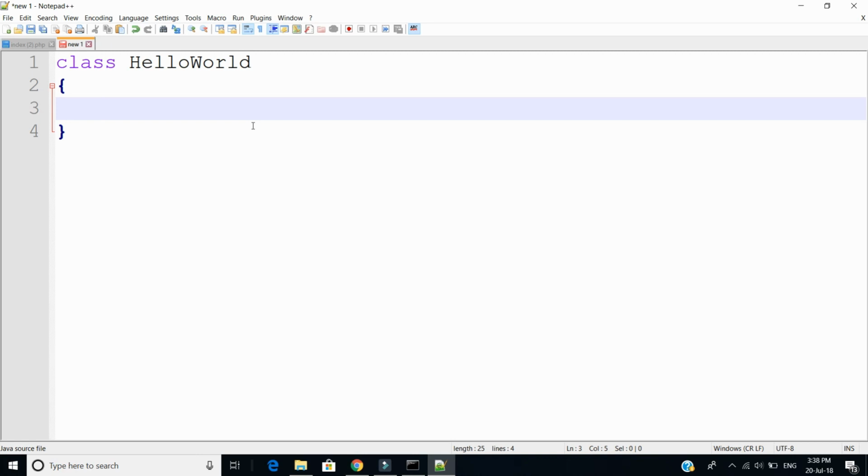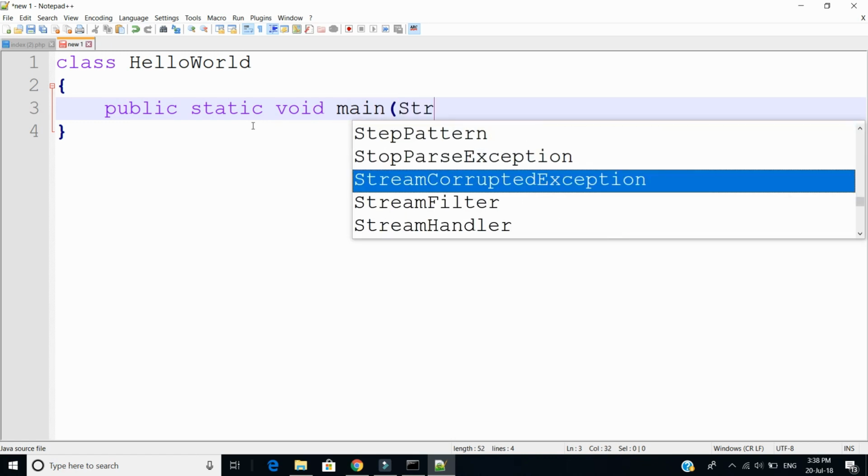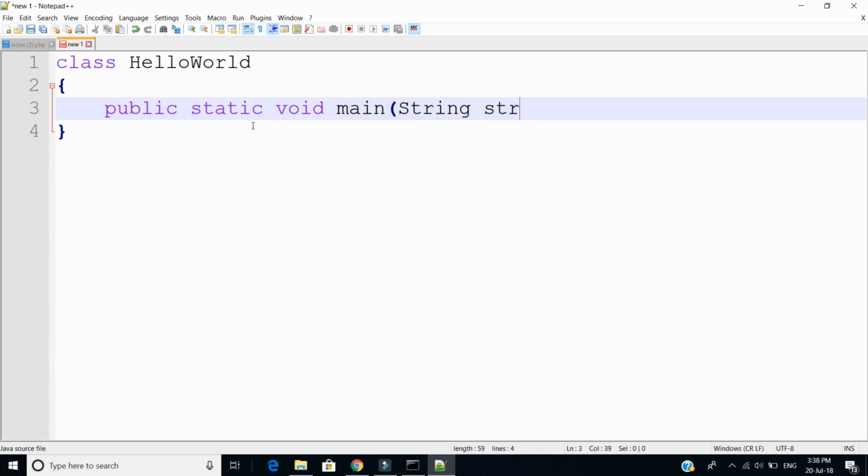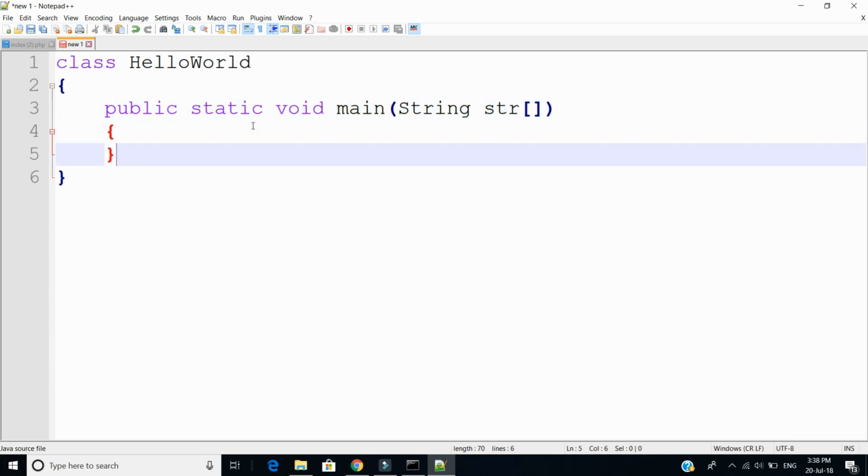Main method like C. Here the syntax of the main method in Java is kind of different. Later on we will discuss the syntax of the main method.